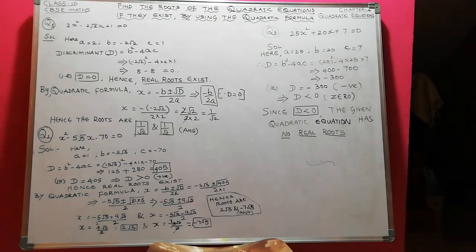So we can get two roots by taking minus 5 root 5 plus 9 root 5 by 2. So that is 4 root 5 by 2. 4 and 2 get cancelled. So it gives you the root 2 root 5. Now the second one, when you take minus 9 root 5, you are getting minus 5 root 5 minus 9 root 5. So that gives you x equal to minus 14 root 5 by 2. 2 and minus 14 get cancelled, as a common factor is 2. So it gives you the root minus 7 root 5. So 2 root 5 and minus 7 root 5 are the roots of the given quadratic equation.